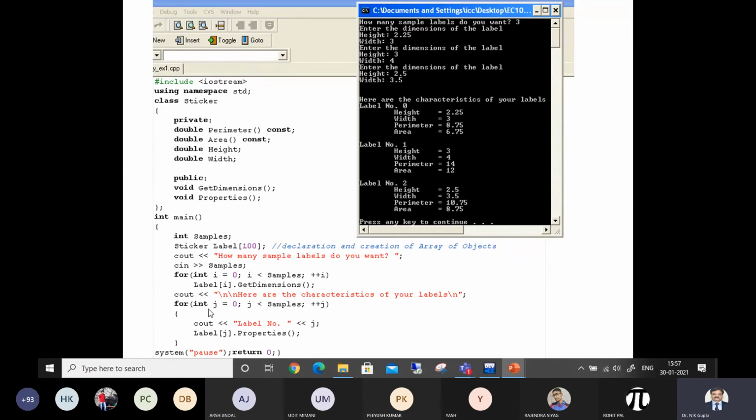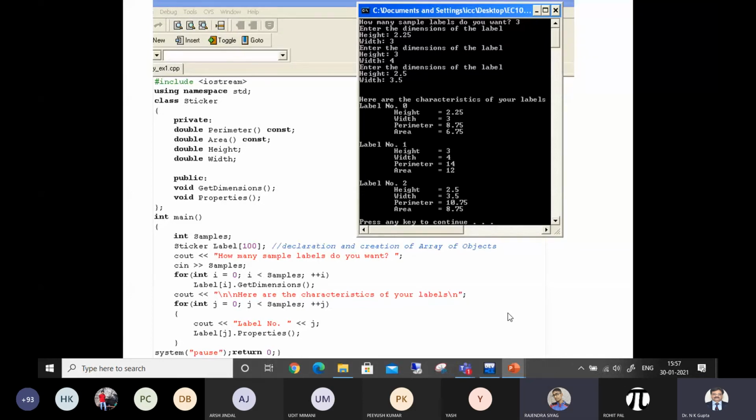Now this task is over. Get dimensions, yes, it is stored. Now it is going to give us the properties. As per the definition of these properties, and within that properties we had used nesting of member functions, perimeter and area were there. So we could get the result like this.